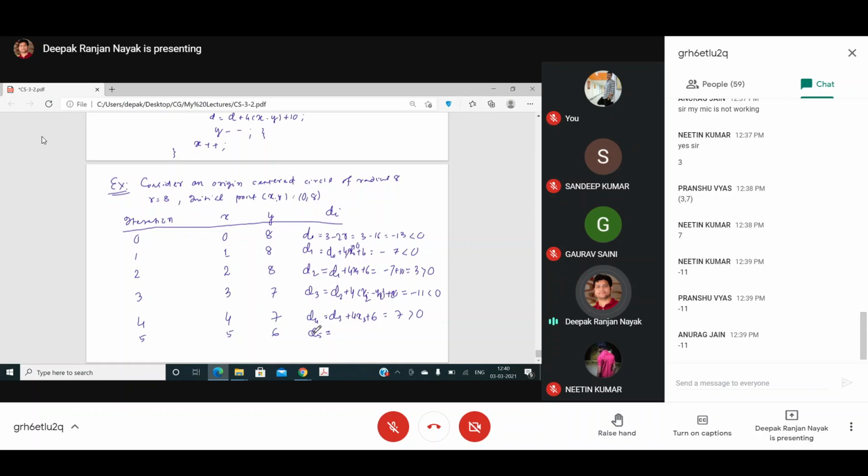See, these are all the pixels which are to be drawn on the raster for one quadrant. So if you know 0, 8 is the first value, you can calculate the corresponding value in all other octants, right? So 8, 0 is nothing but one more value, because if it is xy, then yx will be one more symmetry value, right? So similarly, you can calculate.